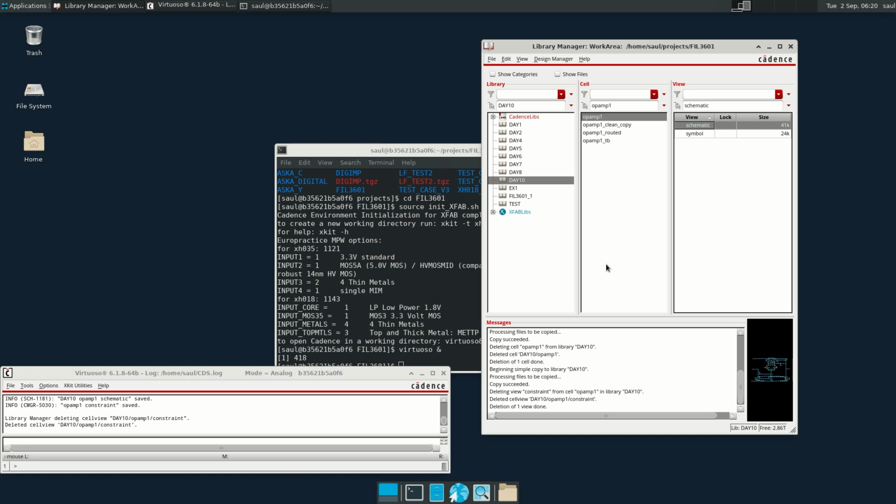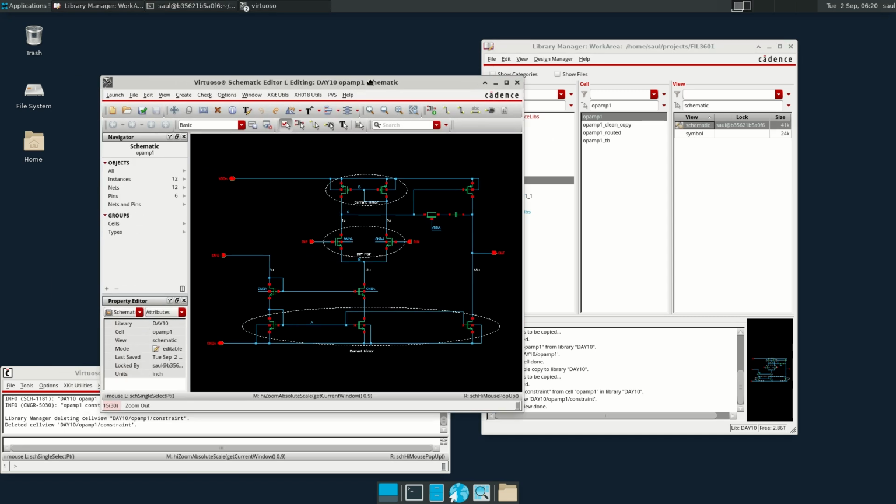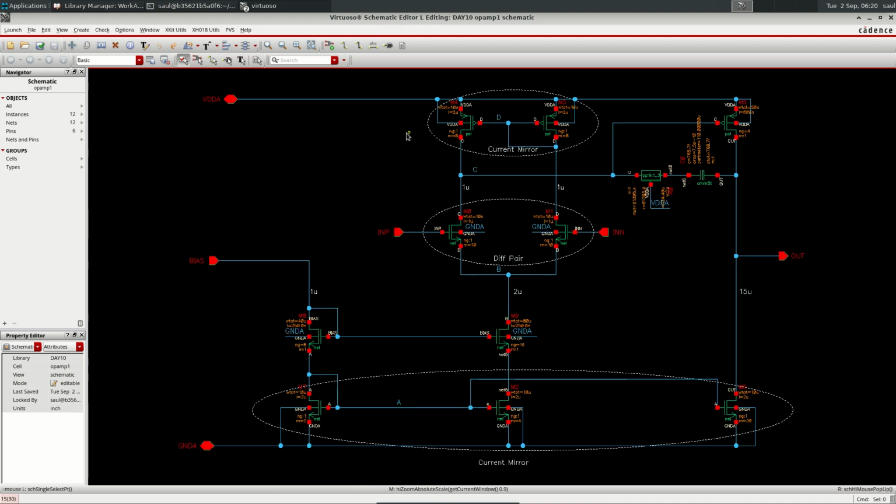Okay, so we are going to start the layout of the pump, and then we have our cell here. We open the schematic, and when we open the schematic editor, normally the standard Virtuoso schematic that is open is the version L. So what we have to do is to launch the schematic XL, which is the one that has the